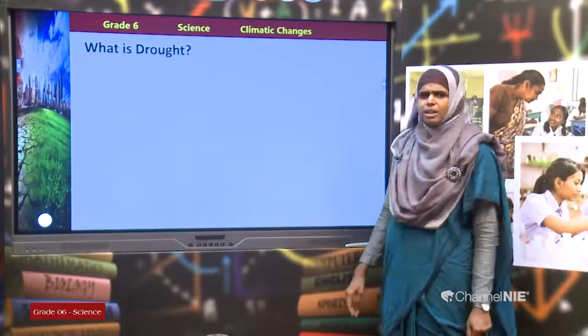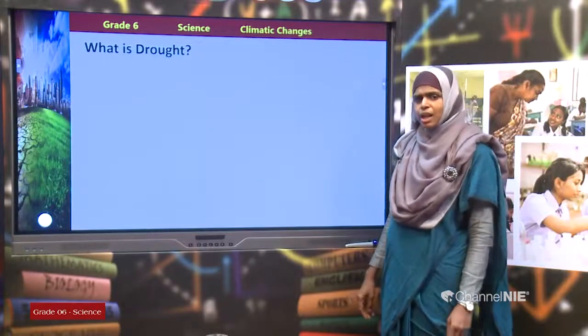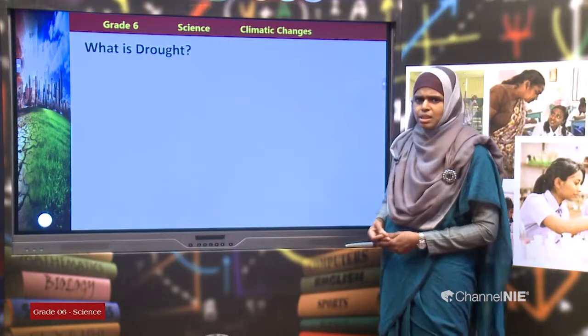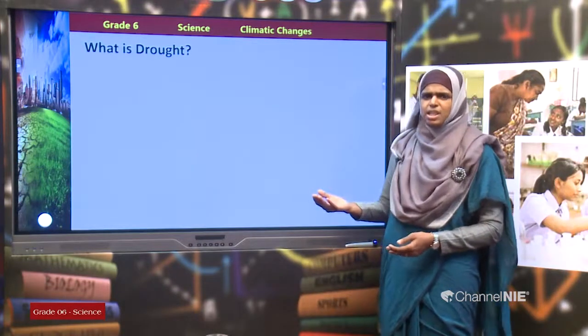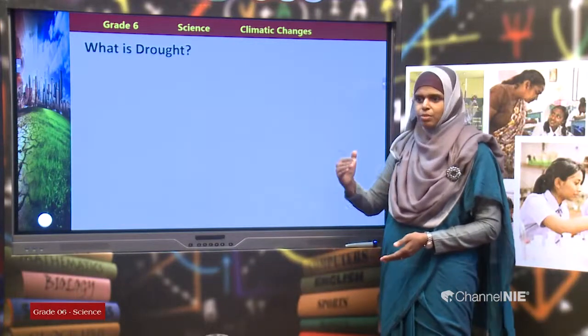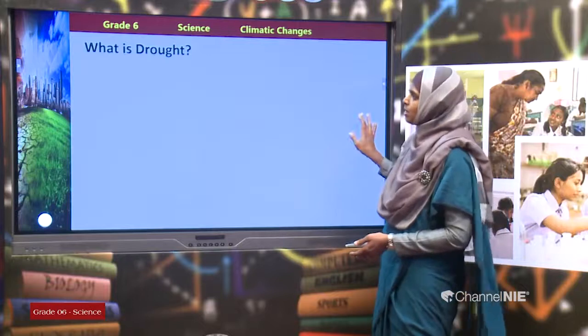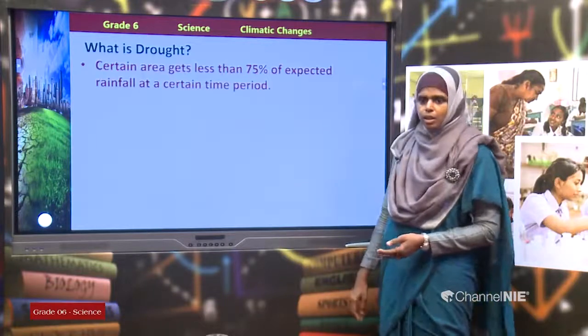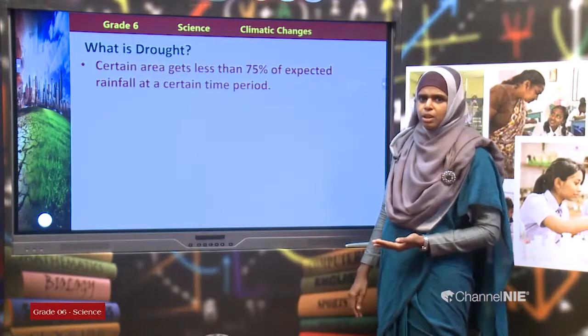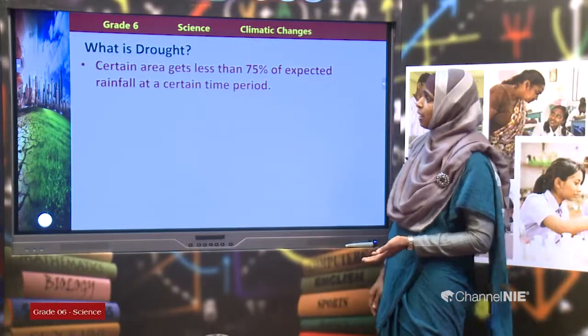Drought is called a natural disaster and it is a silent disaster. Why is it called a silent disaster, children? Until conditions are very serious, nobody would notice it. It will start due to changes in weather and it would aggravate the condition and finally end up in a very severe impact on the environment.